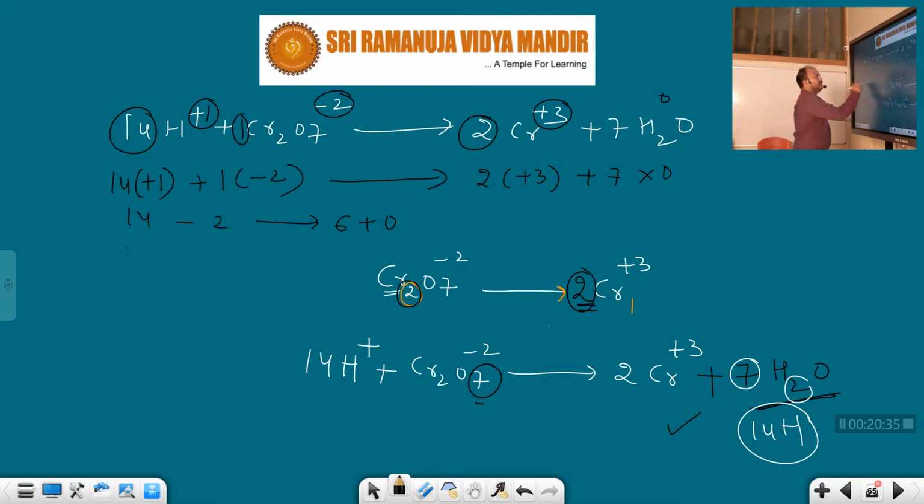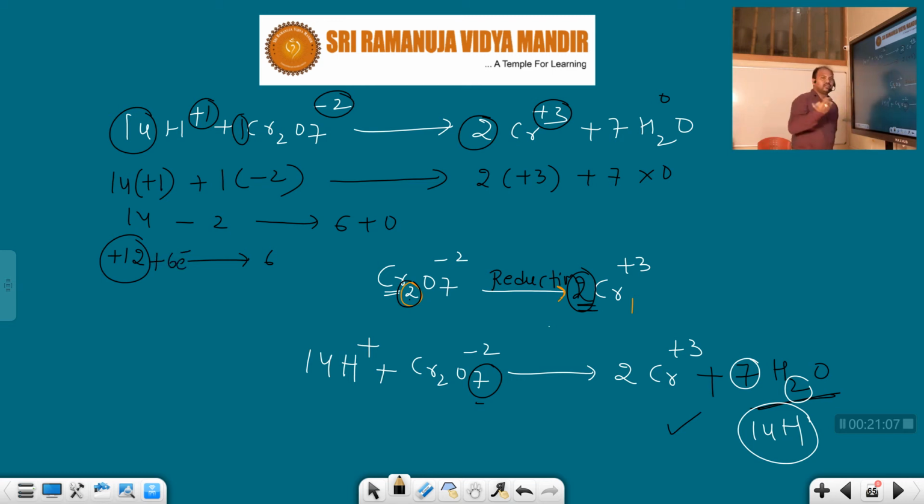After that, here 12 will be there, here 6 will be there, so this is plus 12. This is the oxidation reaction. Sorry, this is the reduction reaction. You know very well that dichromate ion changing into chromic ion is a reduction reaction. So whenever a reduction reaction is there, on the left-hand side, that means this side, we add electrons.